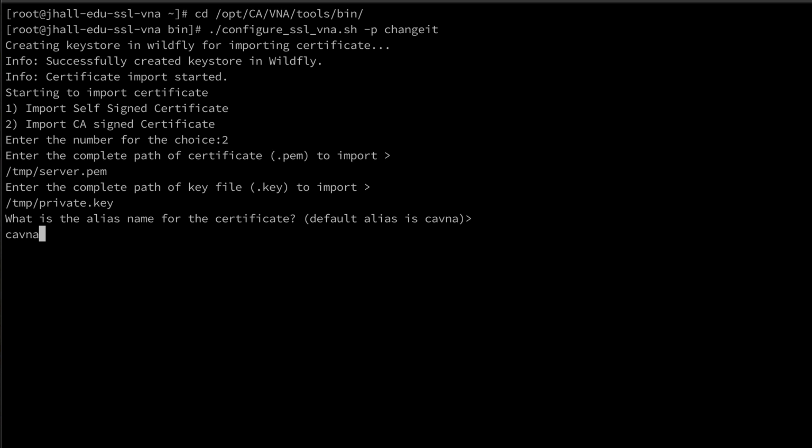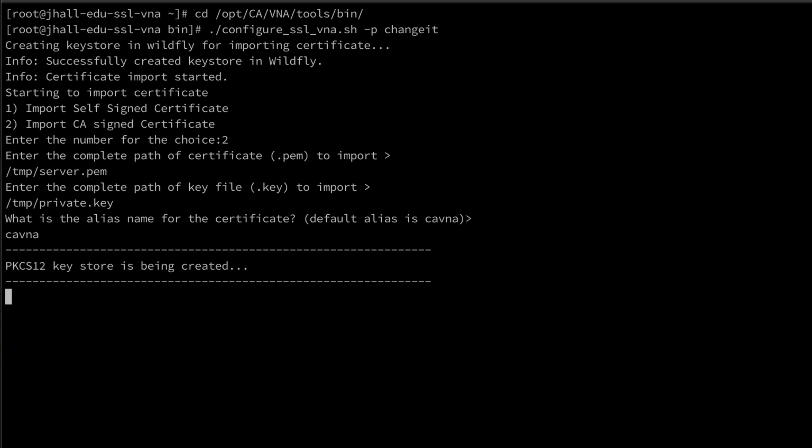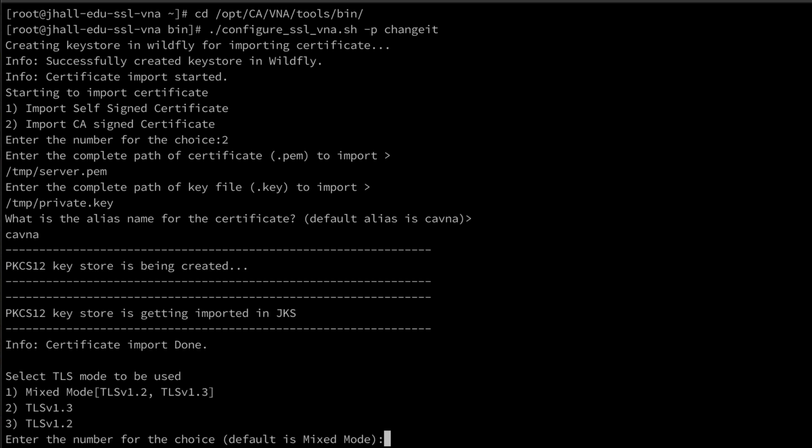Next, we'll enter the alias name for the certificate. The default is CA-VNA, but in an environment with multiple VNA hosts, the alias can be more descriptive to identify the host key. For example, if this VNA server hosted the Viptela plugin, the alias could be VNA Viptela. For this demonstration, we'll hit enter to accept the default CA-VNA alias. And then we can see the PKCS12 key store is being created, and the key store is being imported in